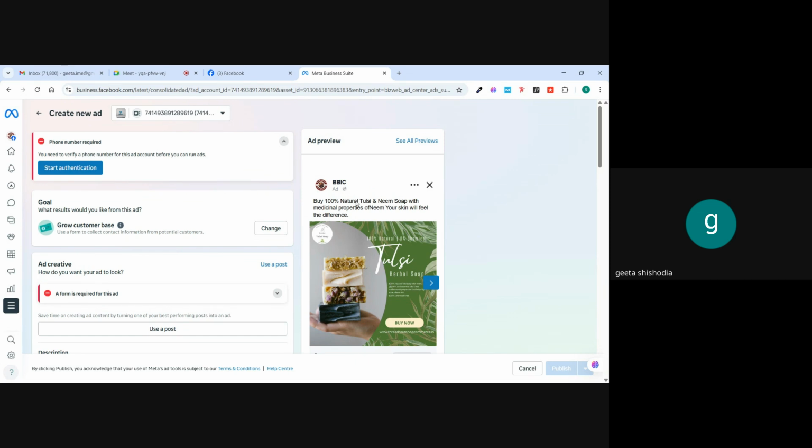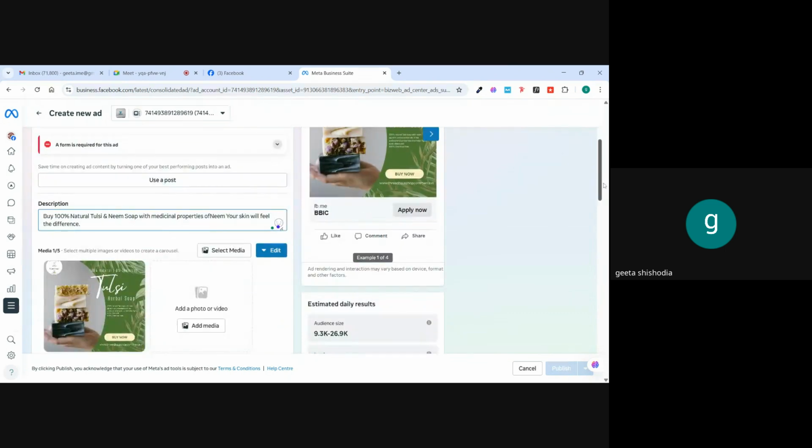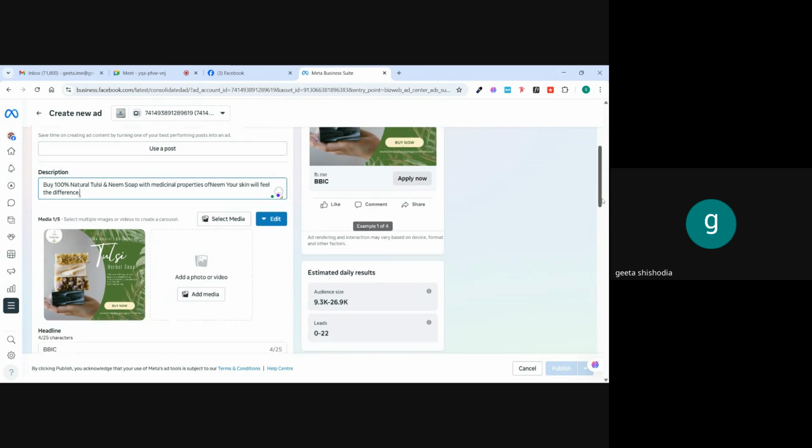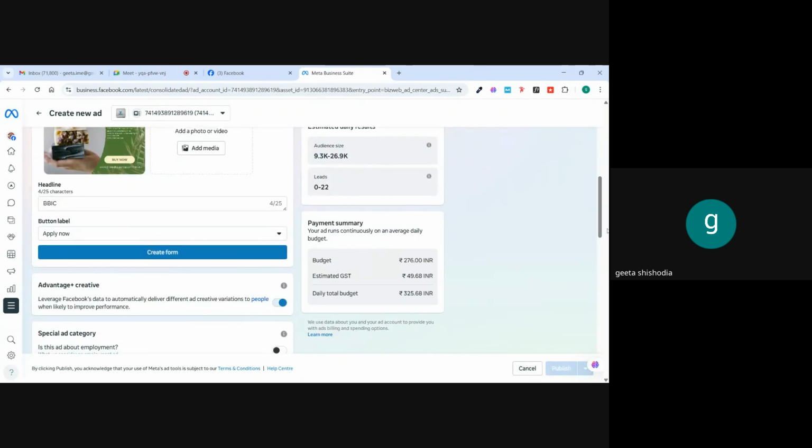Buy 100% natural tulsi and neem soap with medicinal properties of neem. Your skin will feel the difference. So here we are talking about tulsi and neem soap. So here is your tulsi herbal soap. Okay, and here we also have a buy now button. Now again, coming down, so here the button label can be your